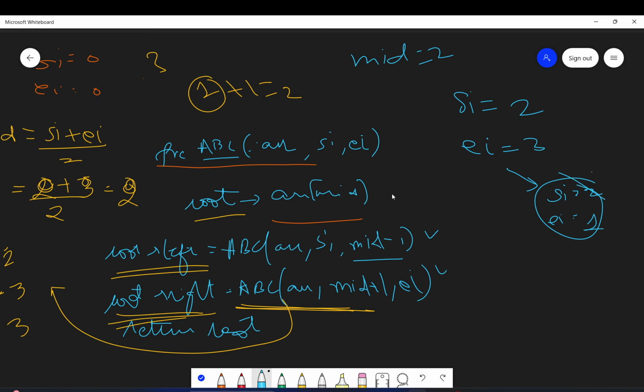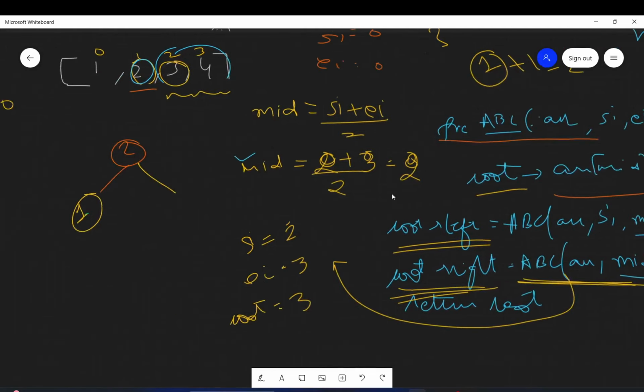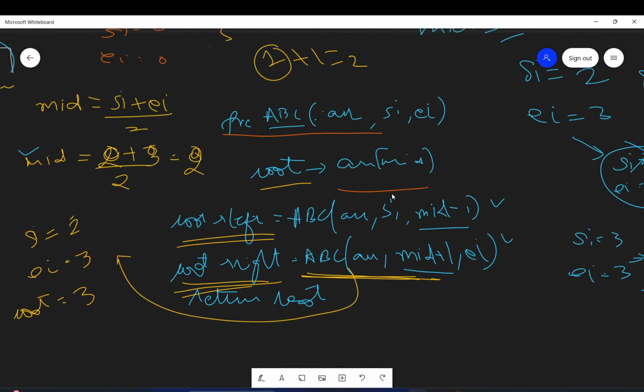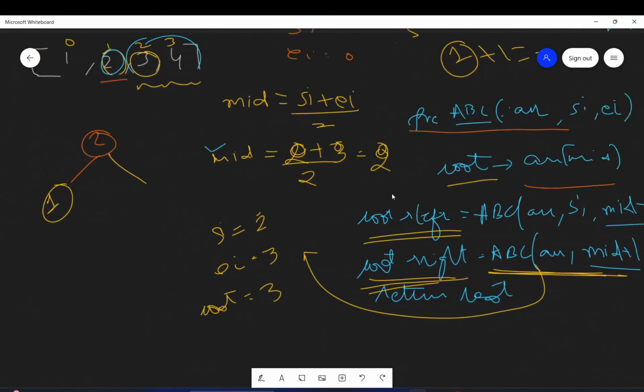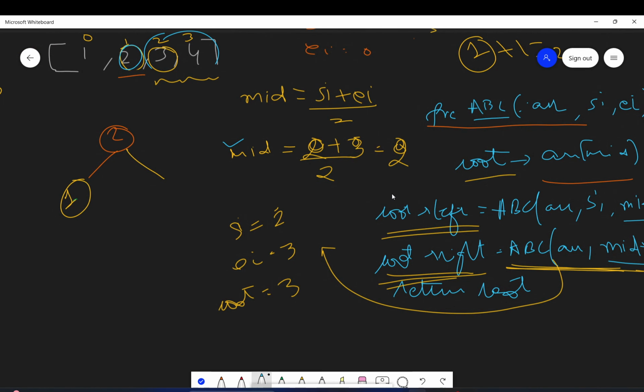So here nothing makes sense because now the starting index is greater than ending index. For the right call, starting index is mid plus 1, so 2 plus 1, 3. And ending index is also 3. So this will be 3 plus 3 by 2, which is 3. So 3's right will become 4, because ARR of that index is 4. So here 3 will come and then 4 will come.